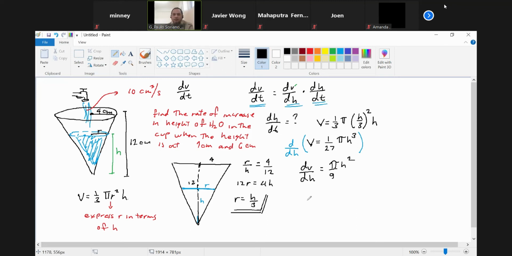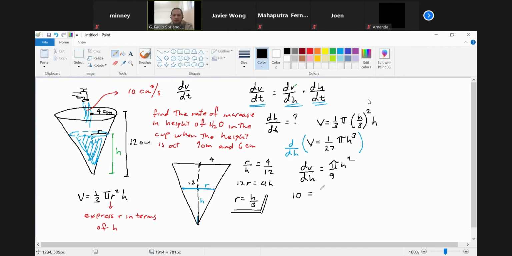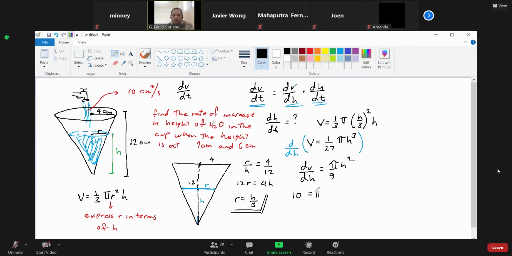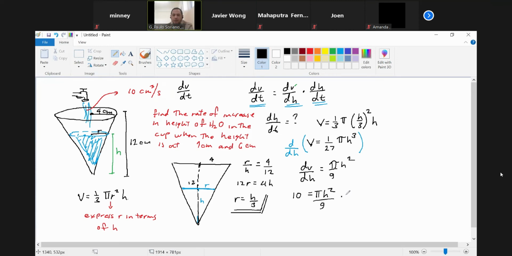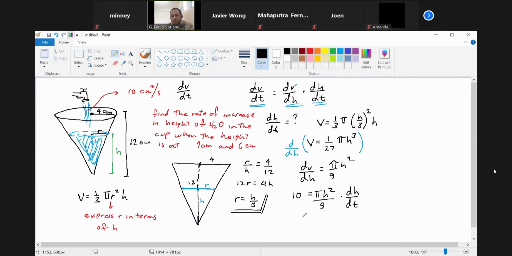Okay, so dV/dt is what? dV/dt is 10 centimeters cubed per second. 10 is equal to dV/dh, which is 1/27 pi h squared over 9, times dh/dt. Okay, dividing both sides by this, we will now get what? dh/dt is equal to